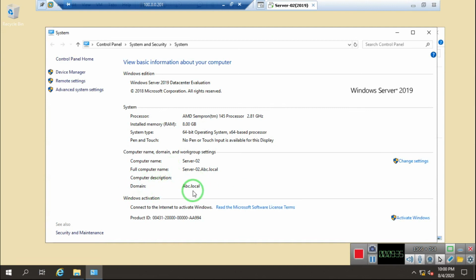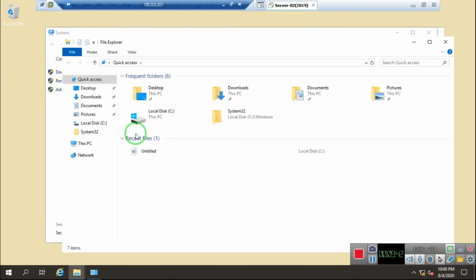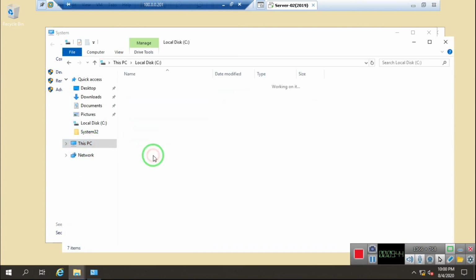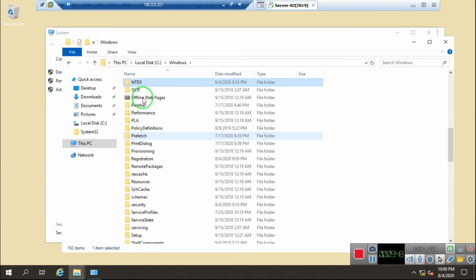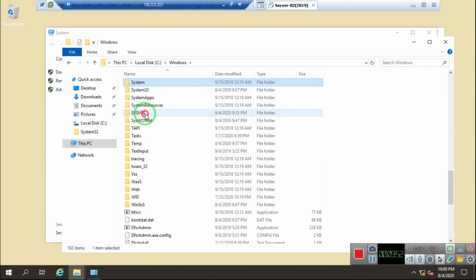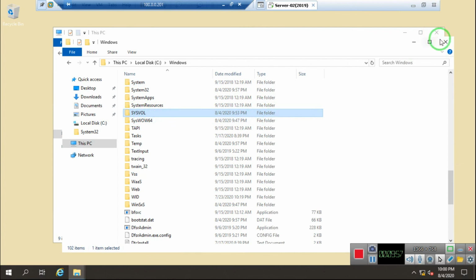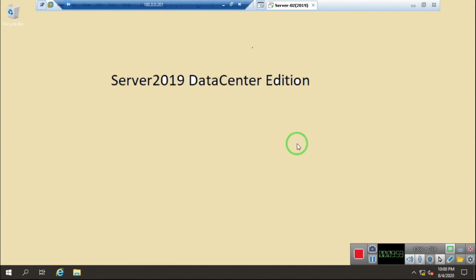We can check over there also. We have two folders, NTDS and SYSVOL, which are also created. I'll go to the C drive, then Windows. In that we have the NTDS folder; here the NTDS folder is created, and we can go to SYSVOL. The System32 SYSVOL folder is also created. So it means that my domain controller is installed. Like this, we can install a domain controller through PowerShell in Server 2019. That's it for this video, guys. Thank you for watching.